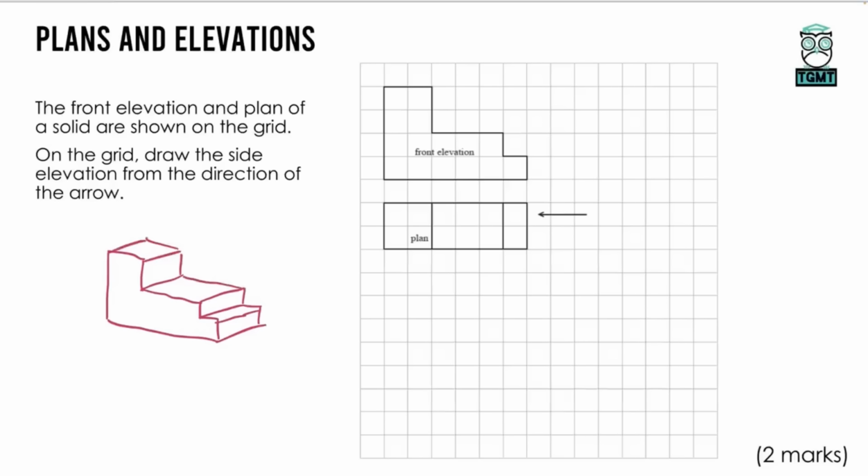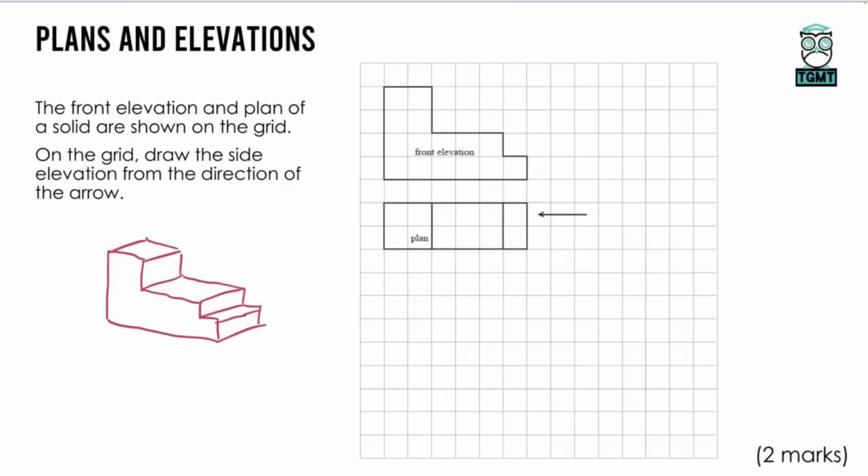It's not asking us to draw a sketch of it, but you can see now from the plan, you can see this part where there's 4 there, which is on the top here. We've got this next part, which is just there, and then this little step is this bit here. So that's what we can see from above. Now, that makes it a lot easier when you can sketch it, but you don't need to sketch it, because